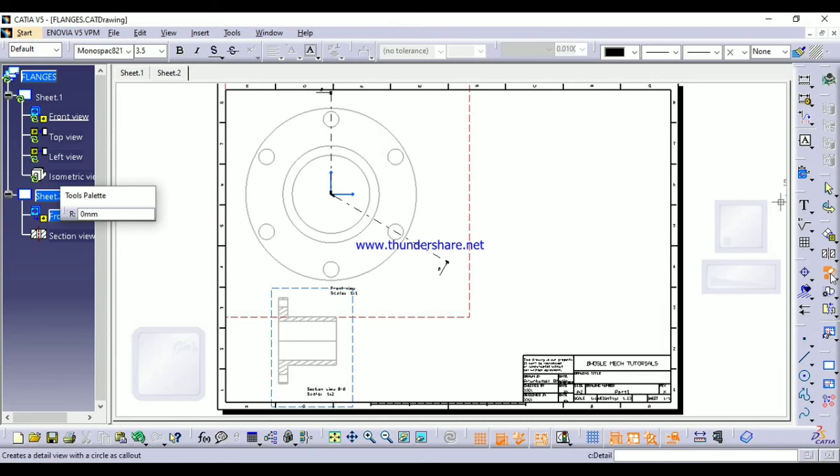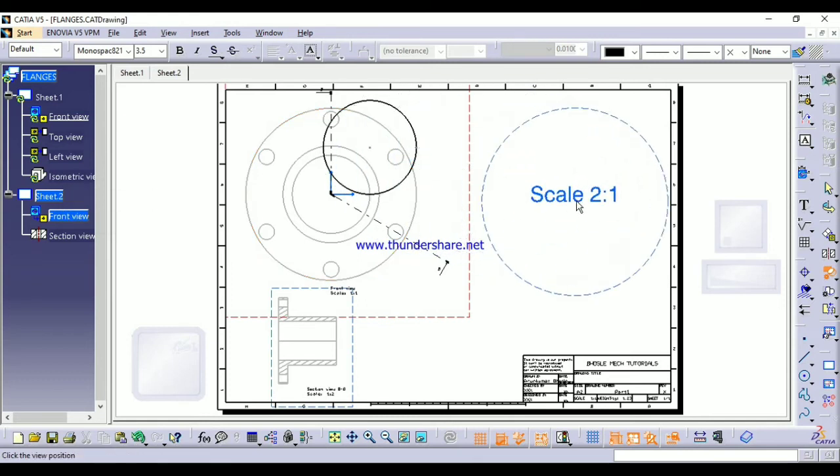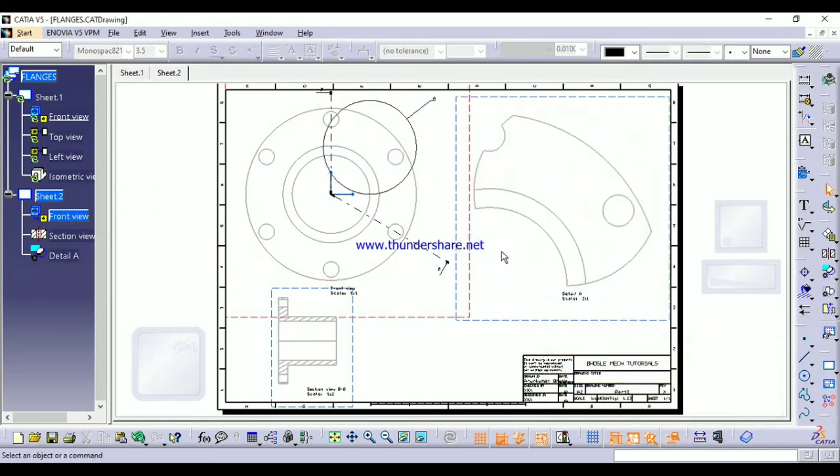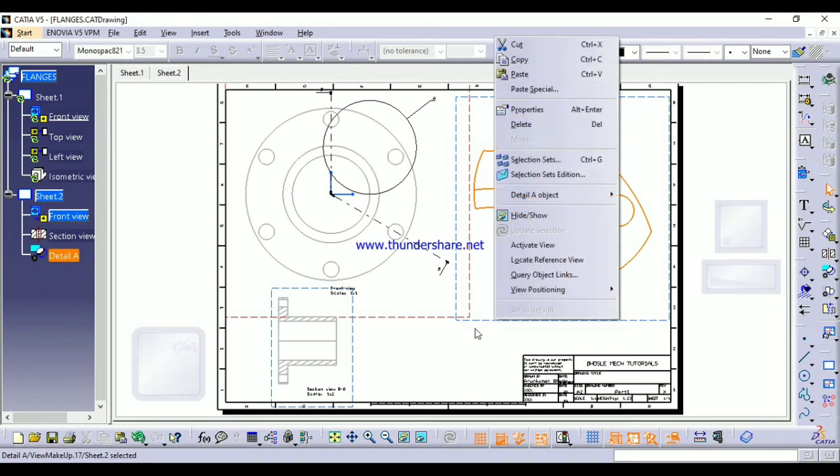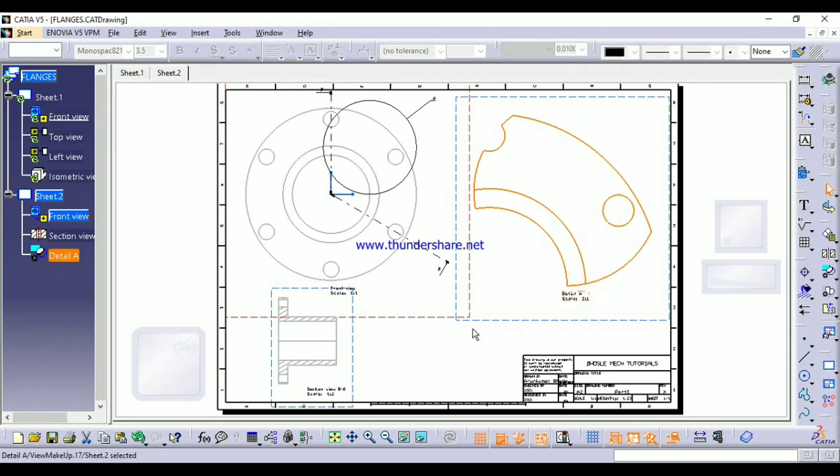And this is active. Just draw one circle of which part you want a detail view. Place it like this. For this radius you got the detail view. You can change the properties and all. Like this you can get the detail view.